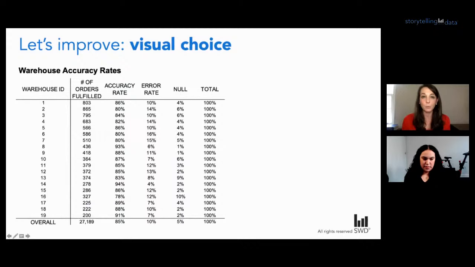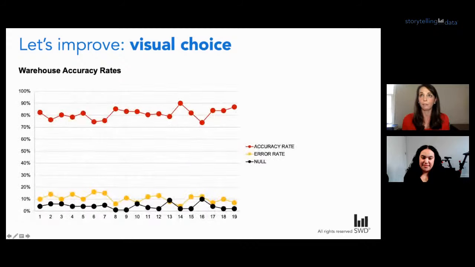Now, there's obviously things we can do to alleviate some of that visual scanning. So I'm seeing conditional formatting, heat mapping, things we can do to make our tables easier to process. We can also think about going back to a graph, right? So I'm just going to switch this from a table to a line graph. I think somebody voted earlier we could try a line graph. So here's what that actually looks like.